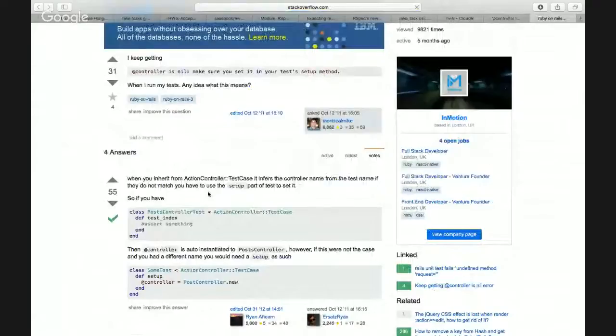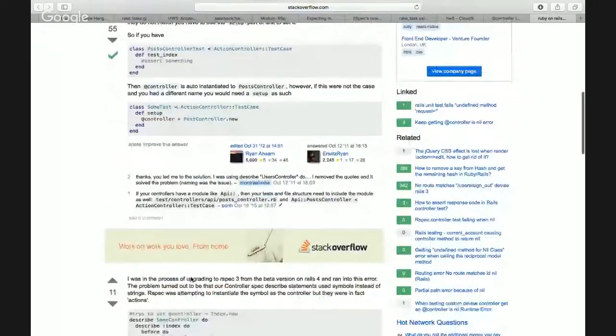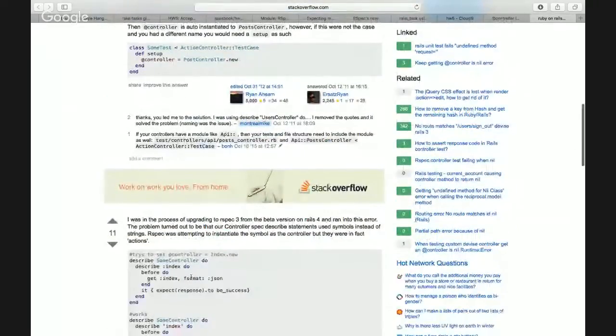When you inherit from ActionController::TestCase, it infers the controller name from the test name. If they do not match, you have to use the setup part of the test to set it. So if you say posts controller, then it gets set to be posts controller. I think it's to do with the name of the controller. Yeah, you said describe